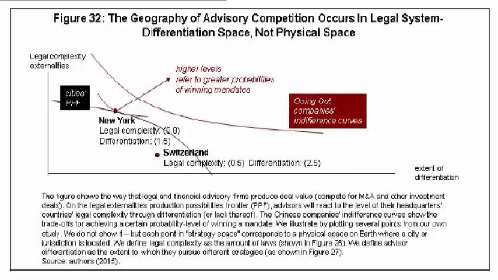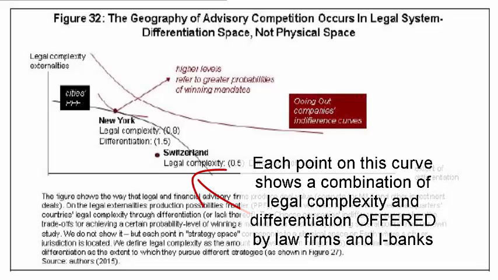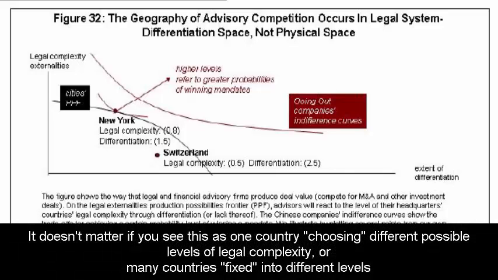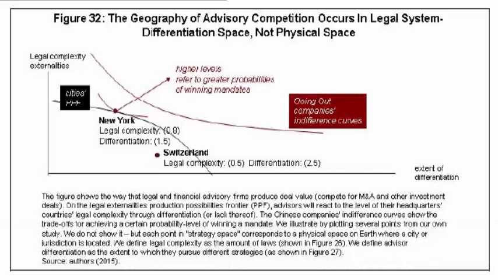Now let's look at the supply side of the market, and we can model this as a typical production function, if you will, across advisors. Right? Advisors themselves decide to some extent, well, how much legal complexity can we encourage our parliament to give us, or how much legal complexity can we use simply by virtue of locating in a particular jurisdiction? How much money can we spend in order to improve law schools, in order to change legal complexity, and so forth? All you have to do is accept that different advisors have access to different levels of legal complexity for the purposes of this argument.